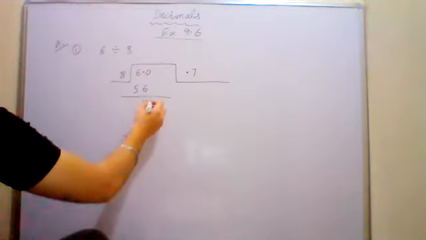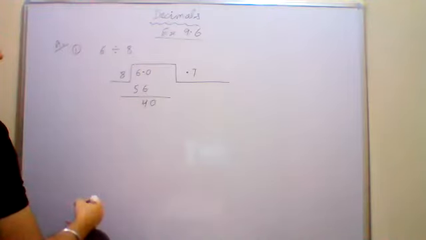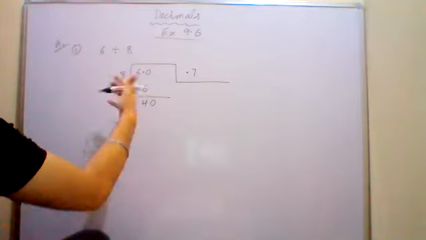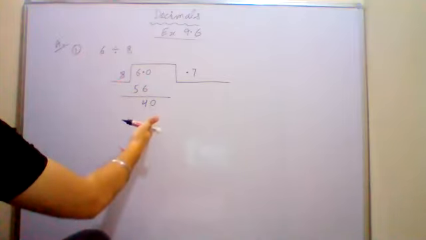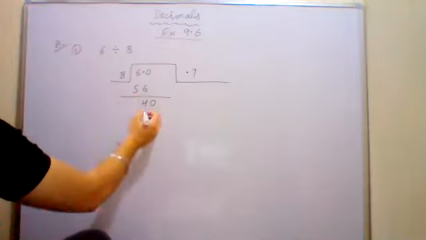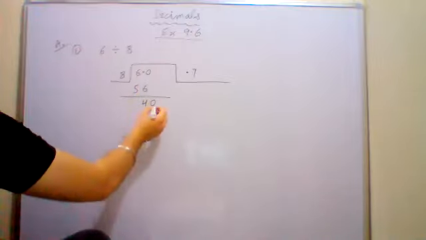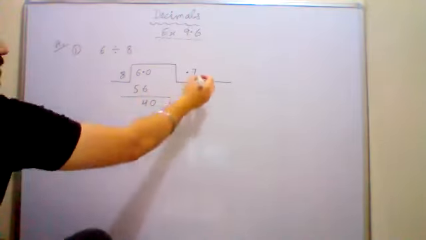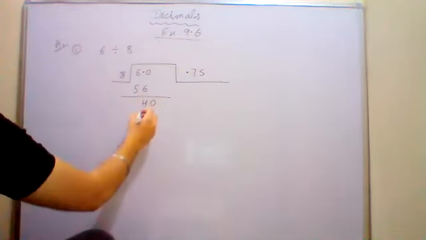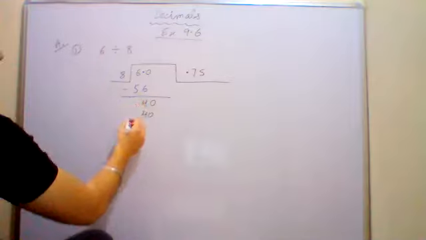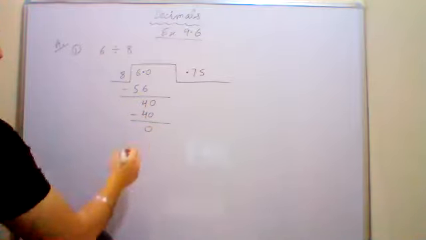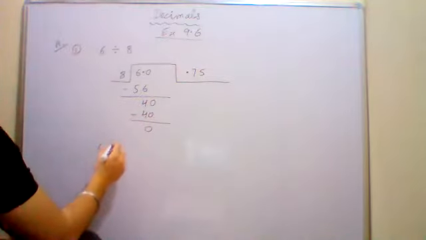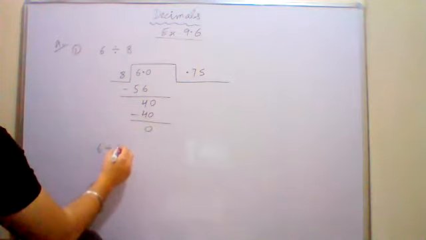So what will you do? You will add another 0. Every time when you are dividing a decimal number, you can add a 0 directly without making any changes. The remainder is 4, so I have written another 0 here. The number is now 40. 40 when divided by 8, you get 5. 8 fives are 40. Now you subtract, the remainder is 0. 40 minus 40 is 0. So what is your answer? You've got the answer, 0.75.